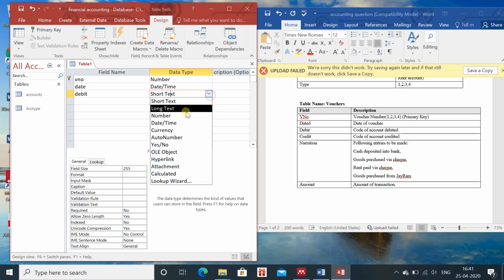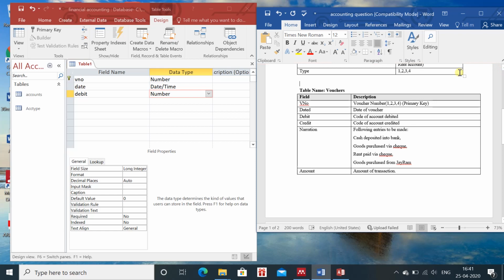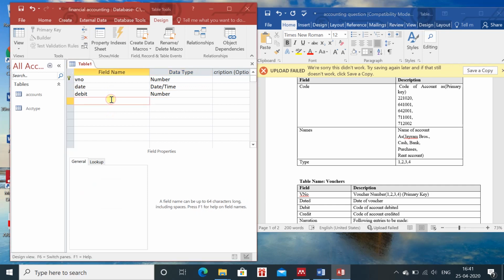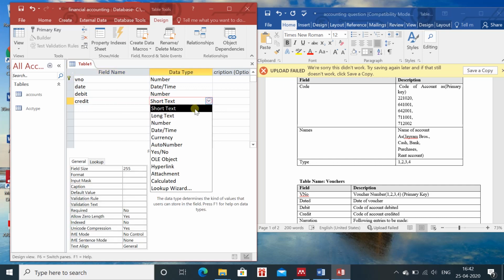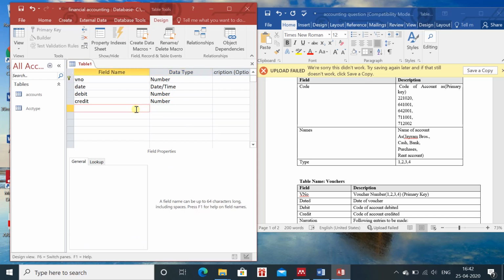This means they are talking about the codes which they have given in table 2, and we have already discussed that these codes are in numbers. You can see they are in numbers, so that's why we have used number in the data type. Then credit. Here again, when we are crediting any account, the code is in number form.